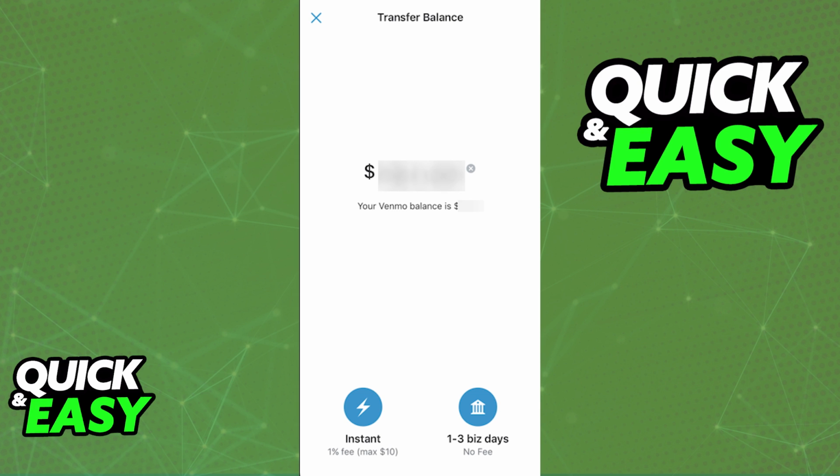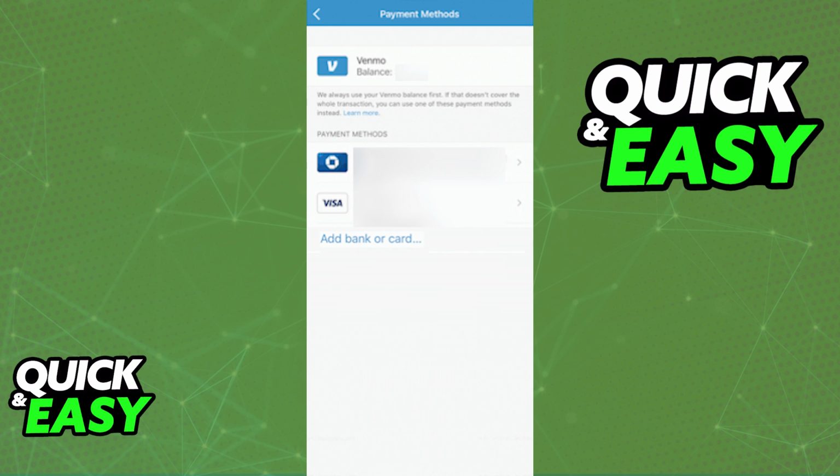on Venmo. As you might be aware, instant transfers on Venmo allow you to send money to any eligible US bank account that you have attributed to your Venmo account. So before you even start this process, head over to your wallet inside of Venmo and make sure that the bank account that you are trying to send the money into is linked inside of your Venmo wallet. As long as you are able to add it as a bank account inside of Venmo, you will be able